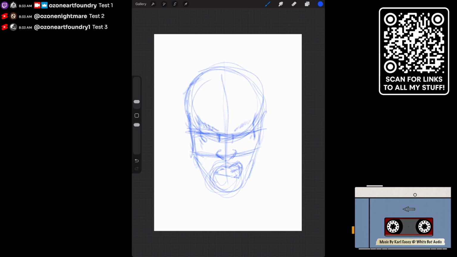Got the eyebrows, which again, Two-Face won't have, so those will go away. And then you have your eyes, and this is another thing where a lot of artists will over-exaggerate the eye, which I will probably do in this way, where the bottom lid is missing, so that will be where the eye is, right?